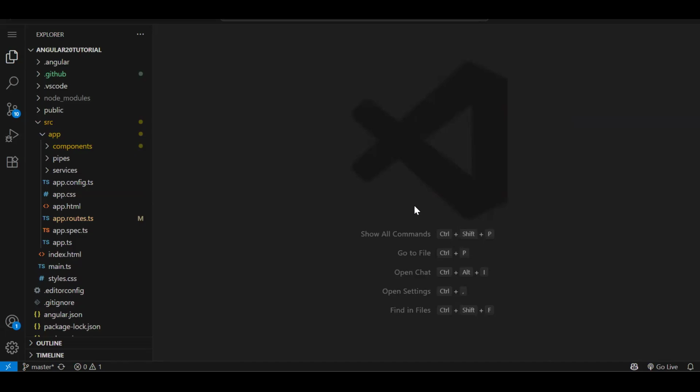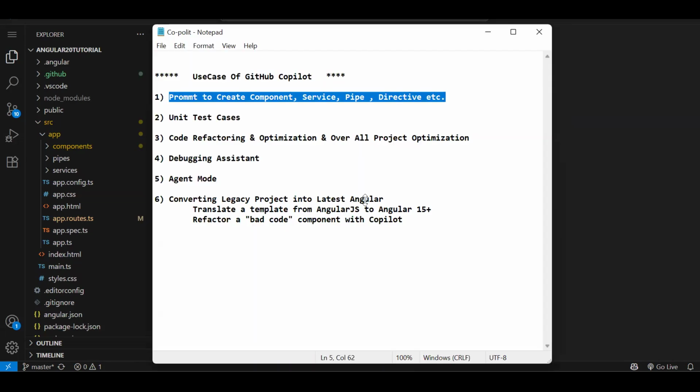Because what is happening nowadays, as you guys have shared with me and I also know, almost every enterprise application, whatever the client might be, everyone is asking you to use Copilot. They don't want you to write the code from scratch and waste time writing the duplicate, repeated basic code, and invest so much time into that. So all clients or companies are asking you to be familiar with Copilot,